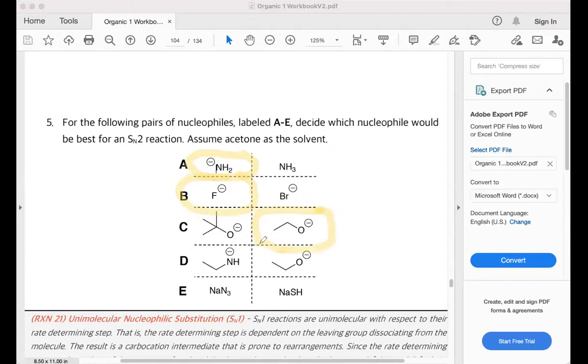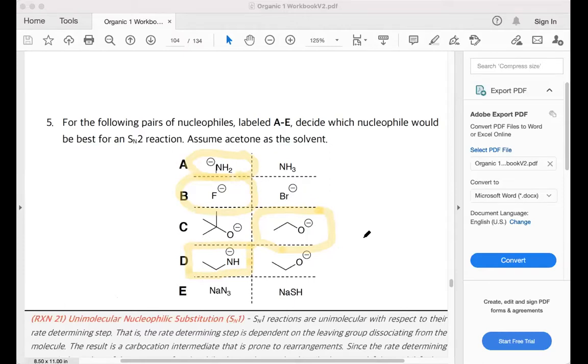And then here, another trend, so oxygen versus nitrogen. The less electronegative thing, we said, was capable of donating its electrons more. Remember, the species that holds onto its electrons the most, i.e. this oxygen, keeps its electrons and doesn't want to form a new oxygen-nucleophile bond. Okay, and then Dr. Peterson wants us to omit part E. Okay,